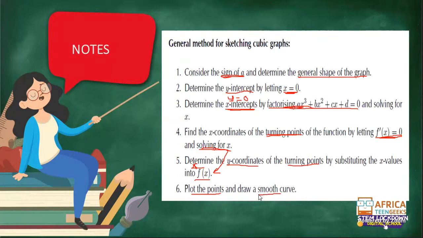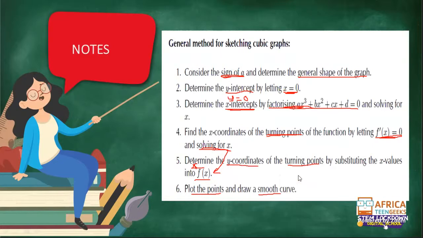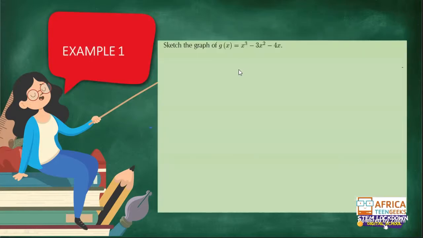And then you will show all your points and then draw your graph. Okay, so let's go through an example. In this case, we are given a function, a cubic function, and we are supposed to sketch the graph. So we still use the procedure from previously. First, we need to